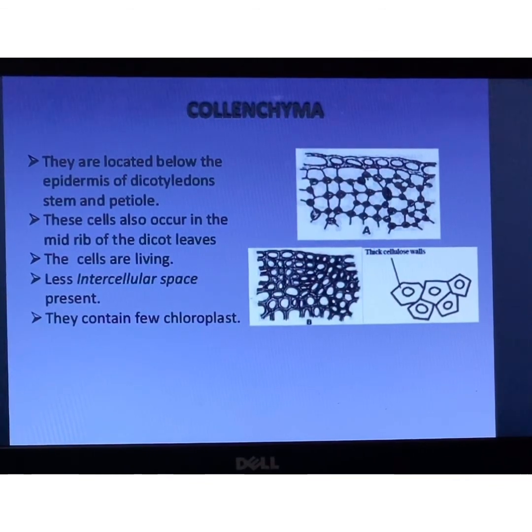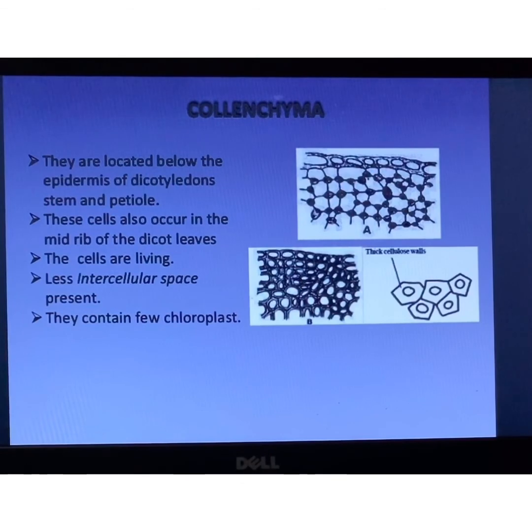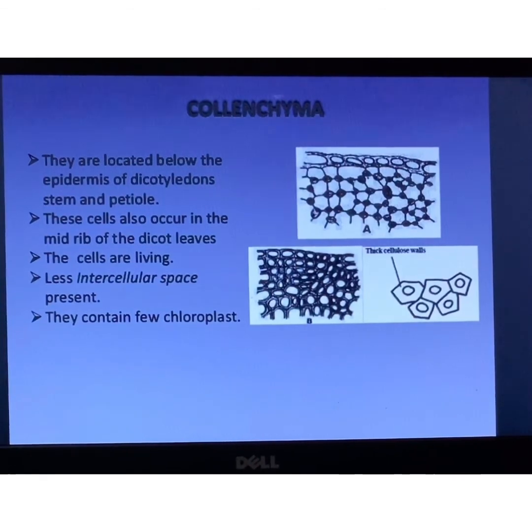Why are we constantly saying that these cells are living? Because eventually, as you study about the complex tissue, you will realize that in spite of being a part of a living plant, cells also can be dead, and they are important. So you need to understand that there is a difference between a cell which is living and carrying out some important function, and a cell which, in spite of being dead, is equally important for the plant. How? I will explain as we move on to the type of cells which turn dead.